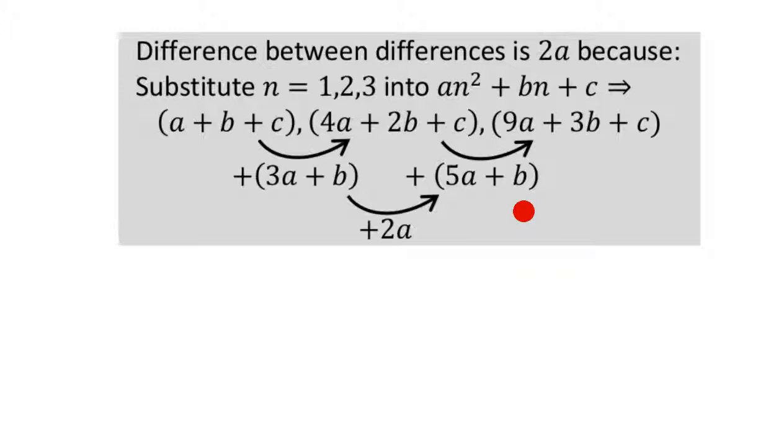Now I could do a more general explanation where basically n equals n, and for the next term you do n plus 1. You substitute n plus 1 into this quadratic nth term. That's a bit longer, a bit more confusing, but this should suffice for now to show that for the first three terms, the difference between the differences is always 2a, i.e. twice the number of n squareds in the nth term for your quadratic